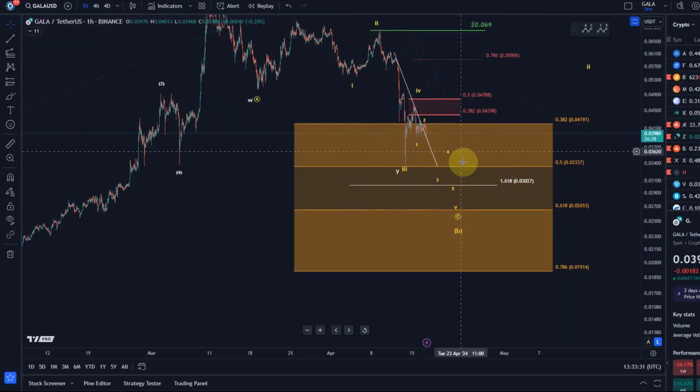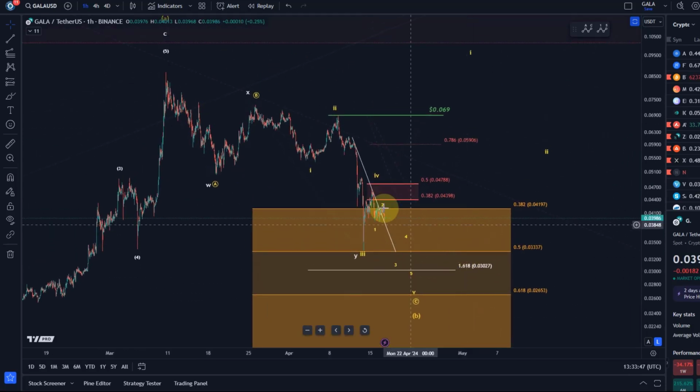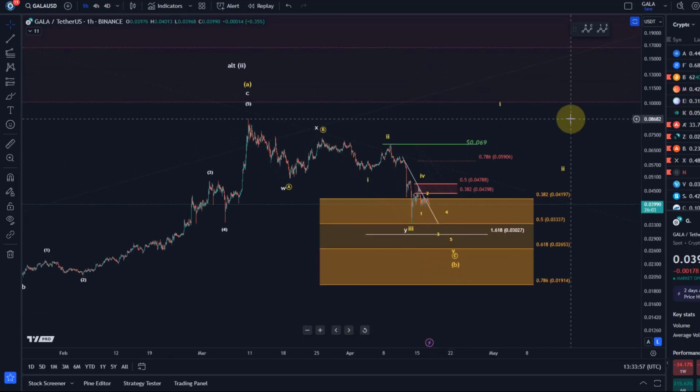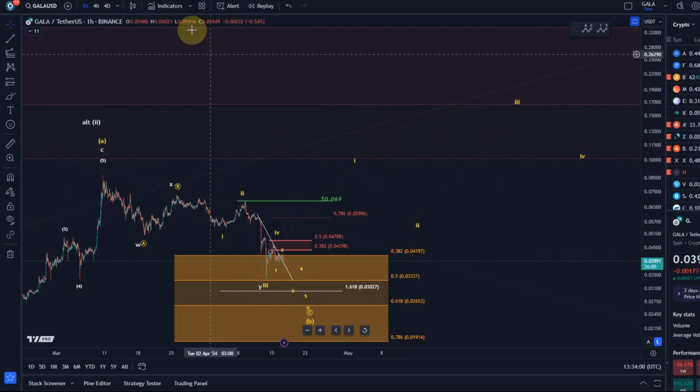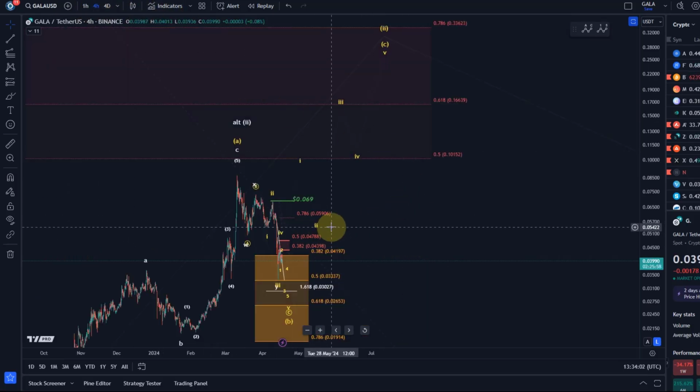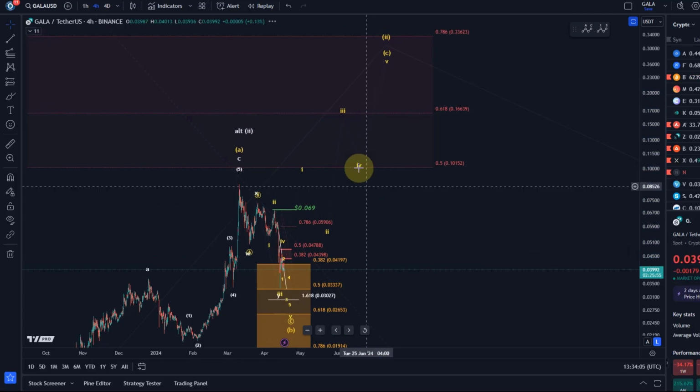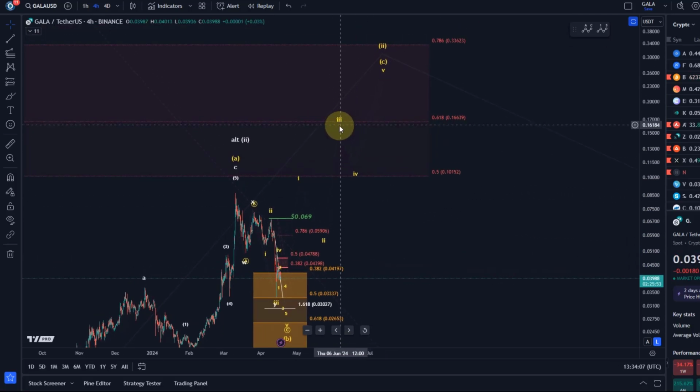If we then form one more low and we see a reaction to the upside and a break above the wave 4 high at 4.6 cents, that would be the first indication that a low has formed in all of wave B. If we then see further increases to 5.9 cents, break that level, and then 6.9, that would be further confirmation that really a low is in. Then we're going to watch for the next larger 1-2 setup, which could provide the next entry opportunity, especially in the wave 2, to trade maybe the third wave of the C wave higher.